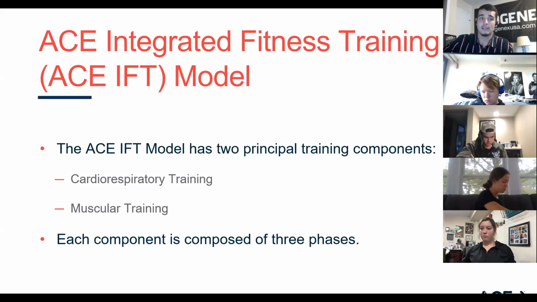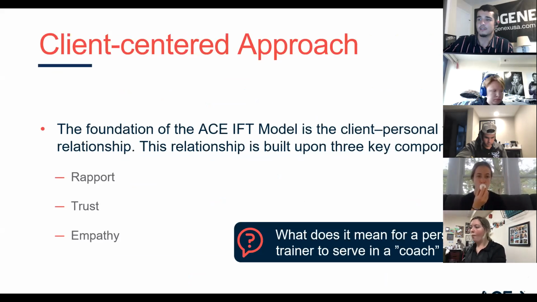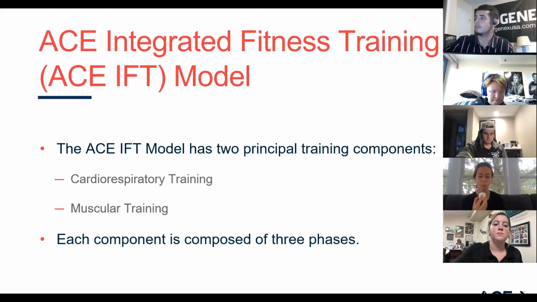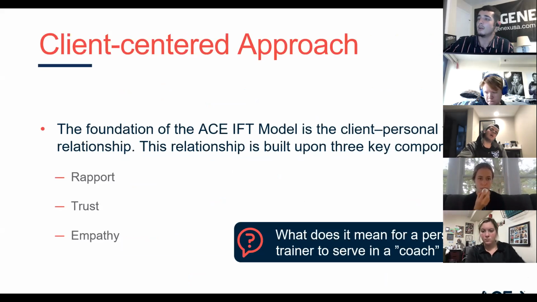So we just kind of covered this. I just talked about that. This kind of goes into it a little bit more. Well, actually, it doesn't really say anything about it.